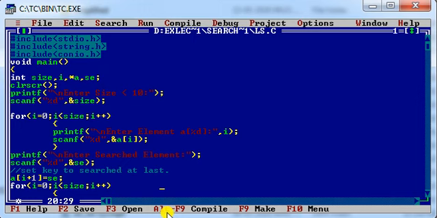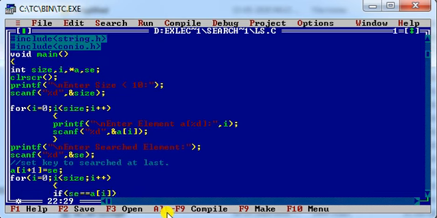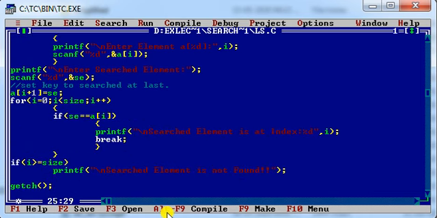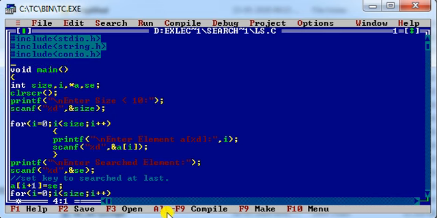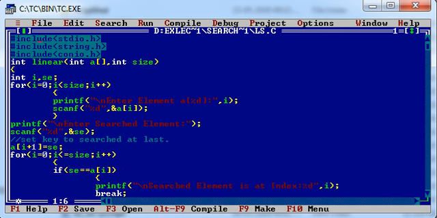Now if you would like to implement this code using the function, then you have to create a user defined function for that. Here you can see I have implemented the same code with a user defined function, integer linear, that takes an array as an argument and the size of an array as an argument.